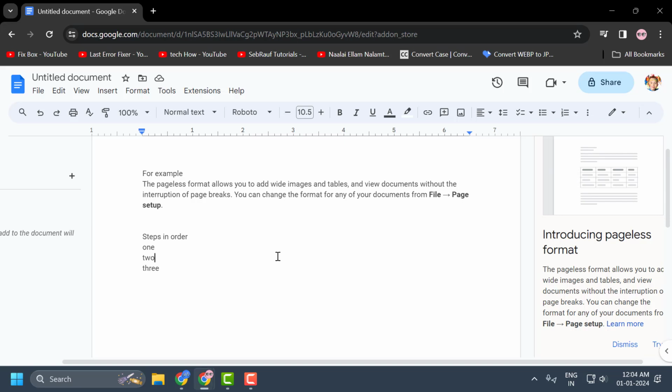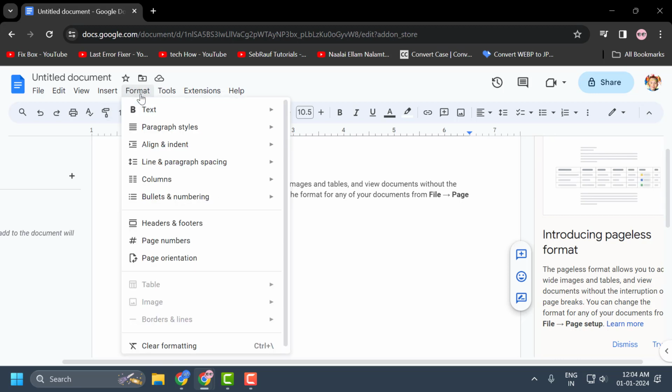Today we are going to see how to create a numbered list on Google Docs. I'll show you how to do that. Just highlight whatever text lines you want to create a numbered list for and select the Format tab over here